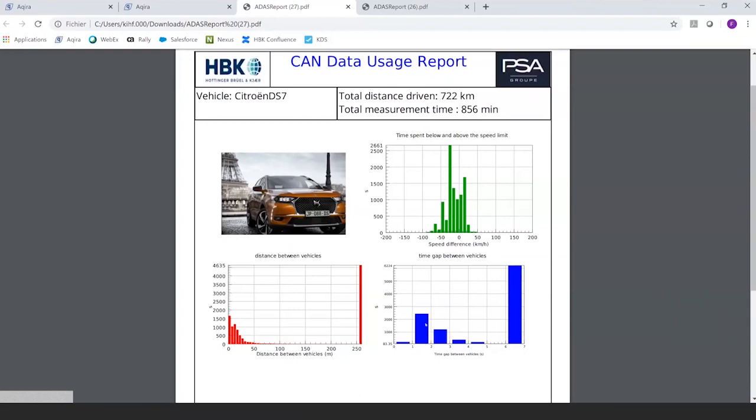The other interesting histogram to look at is the time gap between vehicles. That's probably more interesting to look at, because it takes into account the speed, actually. What we have here is that in most cases there's over 6 seconds between two cars, but there's a scenario that's not rare where there's between 1 and 2 seconds between cars.